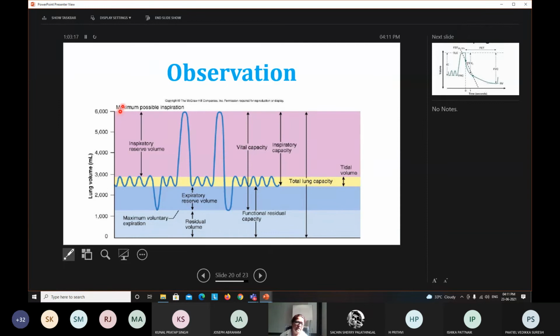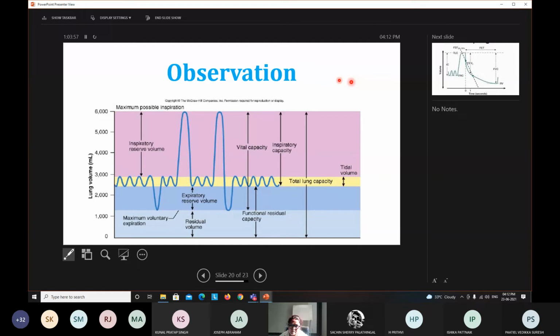As I said, on the x-axis you will get the volume. It is marked, so you see how much is the height of the curve, and depending on that, you write your observations. How much is the movement of normal breathing, that is tidal volume. Expiratory volume from here till here you take, expiratory reserve volume. Then from here till here it is inspiratory reserve volume, and vital capacity is from here till this tip. You see how many squares it is covering and express your value.